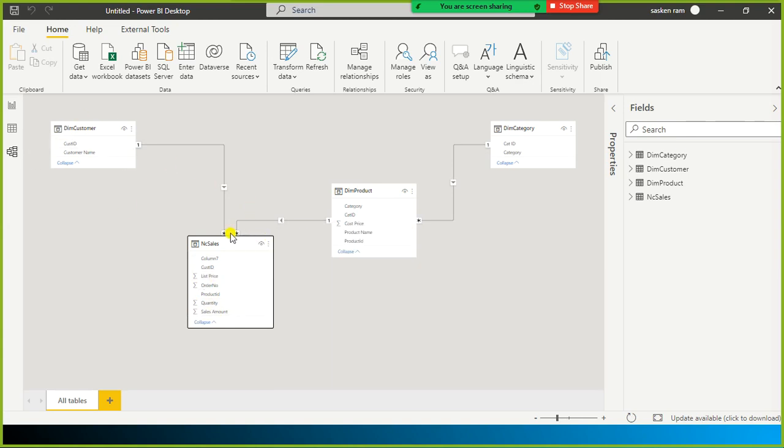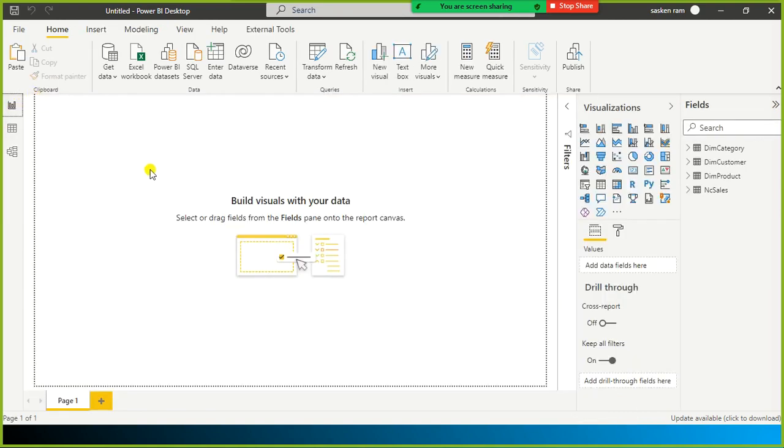So next, with this table I can filter this one, and with this table I can filter this one. Since I don't have any direct relationship between these two tables, I cannot filter the product table by the customer table and vice versa. Why should I have to filter these two tables? Yes, I'll show you: there is a reporting requirement.